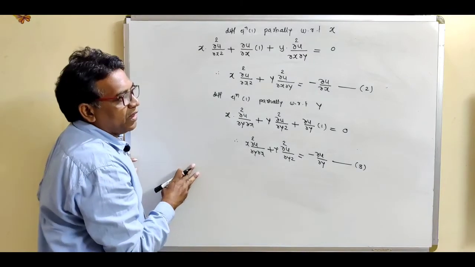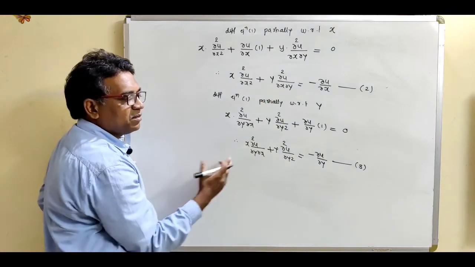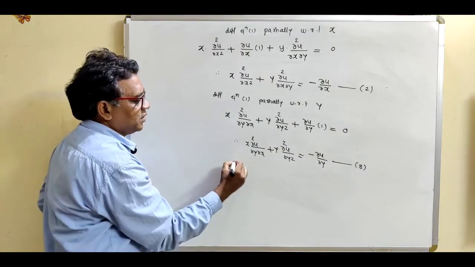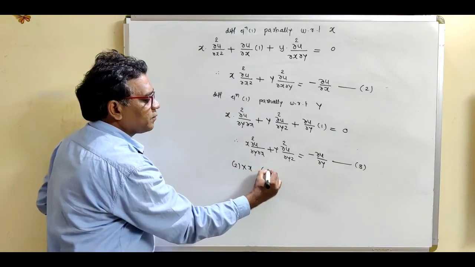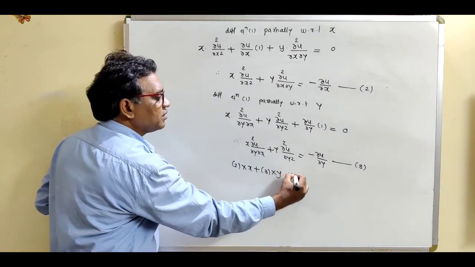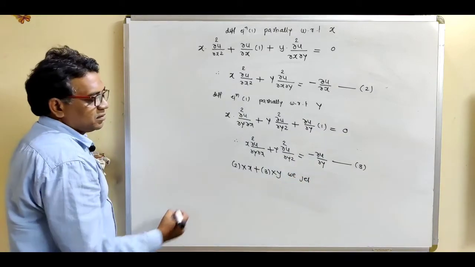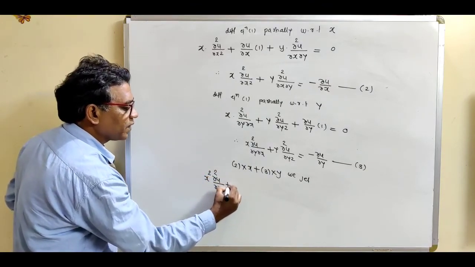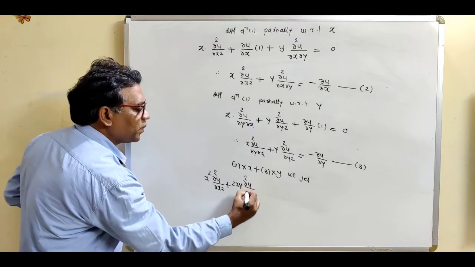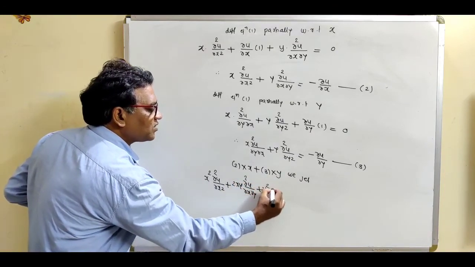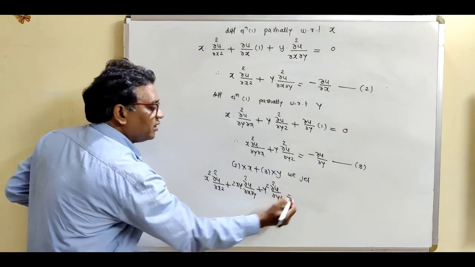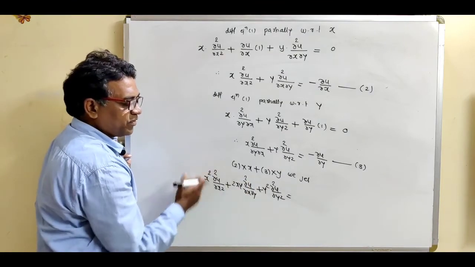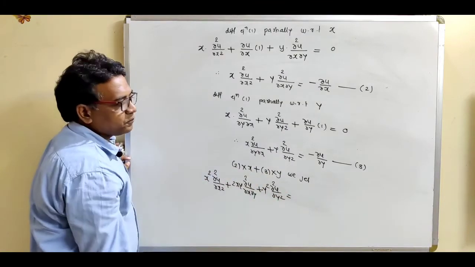So what is the last step? Multiply second equation by x and third equation by y and just take their addition. We can directly write that consequence. So multiply second equation by x, third equation by y and take their addition, we get, so write down the consequence: x square del square u by del x square plus 2xy del square u by del x del y plus y square del square u by del y square. It looks like just a bracket square type term, a plus b bracket square: square of the first term, 2 times the product, and square of the second term.